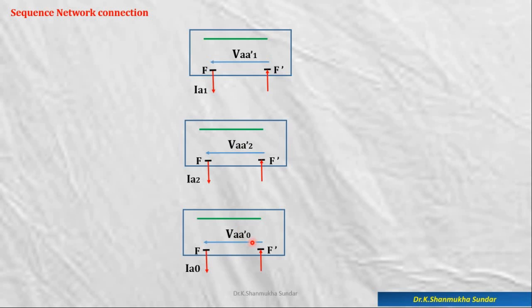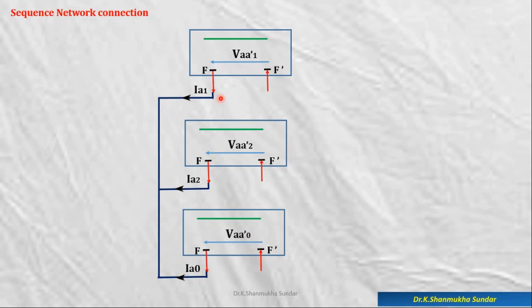That means from our basics, if the voltages across the three circuits are to be equal, how must these three circuits be connected? Three circuits we are having, understood? So if the voltages across these three circuits are the same, then how must these three circuits be connected? It must be connected in parallel, isn't it? So now let us see how these are connected here. From IA1 you can see this one. So this is how it is connected. You can see this is IA1, IA2, IA0.